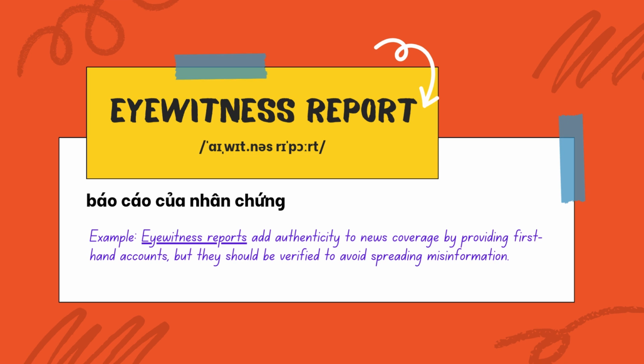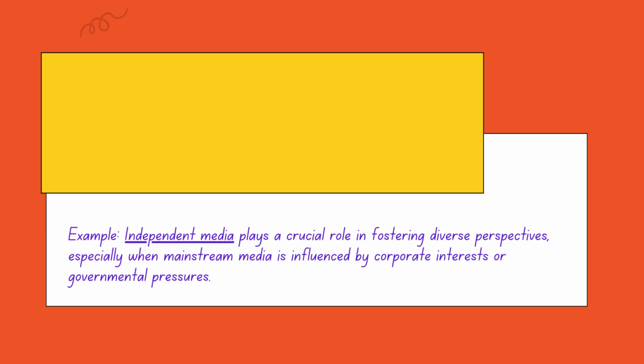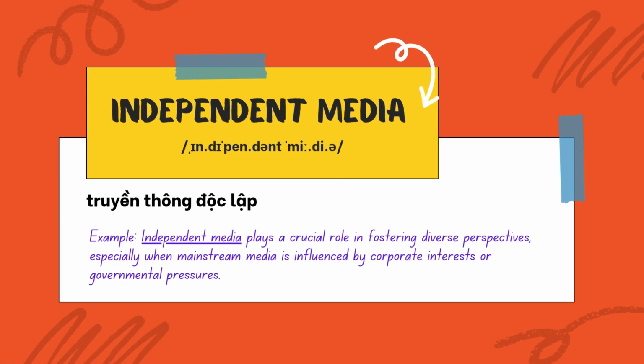Eyewitness report. Example, eyewitness reports add authenticity to news coverage by providing first-hand accounts, but they should be verified to avoid spreading misinformation. Independent media. Example, independent media plays a crucial role in fostering diverse perspectives, especially when mainstream media is influenced by corporate interests